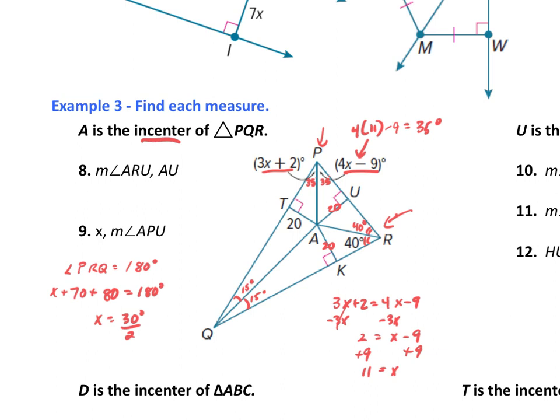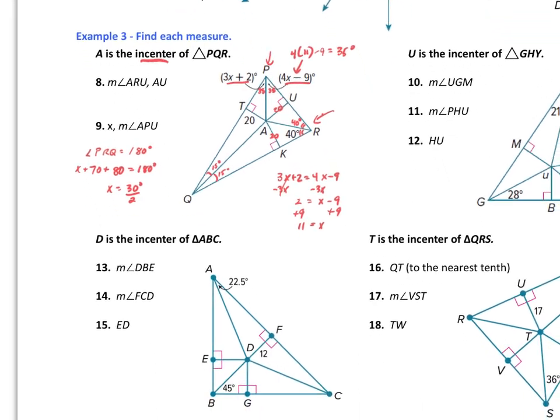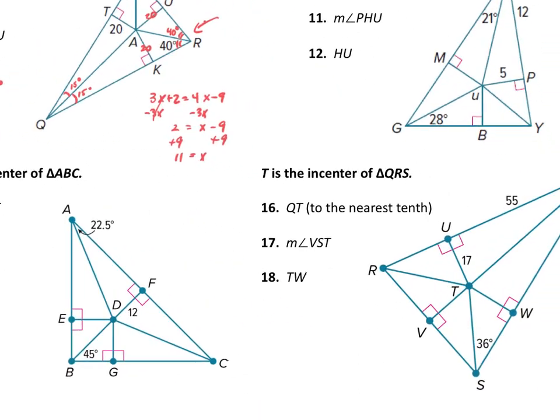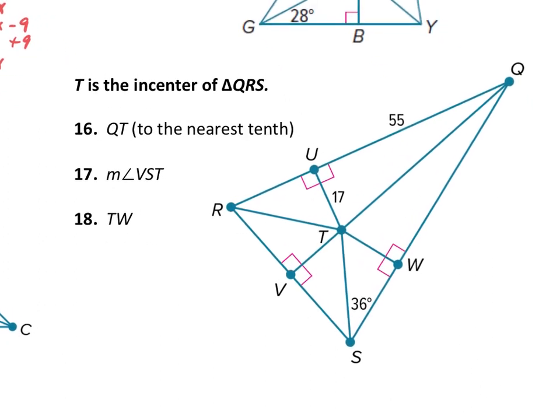Angle APU we just said was 35, and the value of X we said was 11. So we were able to fill in most of the blanks there when it came to problem number 8 and 9. Again, looking at the characteristics of the incenter, if I just jump over here to 16, 17, and 18,